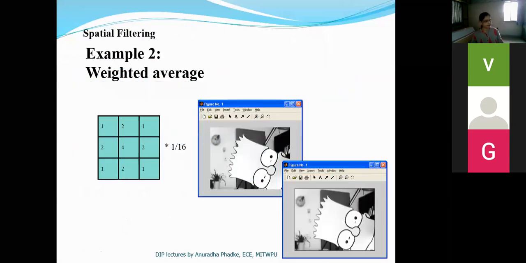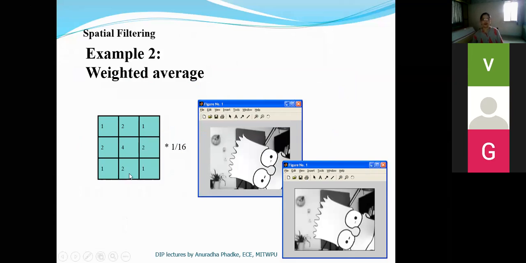Okay, now let us proceed to the next type of filter. The next filter under the smoothing filters category is the weighted average filter. Okay. As the name indicates, weighted average, here we are assigning different weights to different pixel positions.